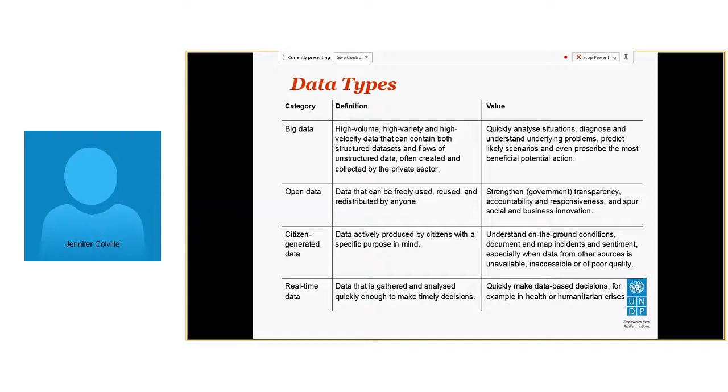Citizen-generated data, probably the best known for us anyway, is the My World survey. People provide input into the priorities around the 2030 agenda, 10 million people voting to voice their opinion, and us and our national partners using that data to determine national priorities and then the international set of development goals. And then the last kind is real-time data.